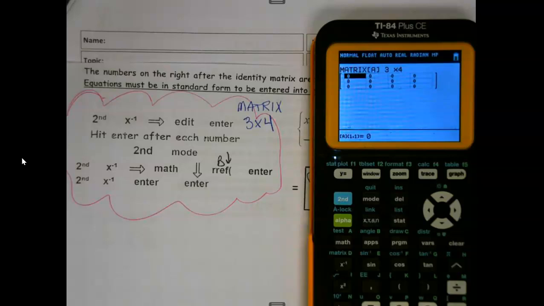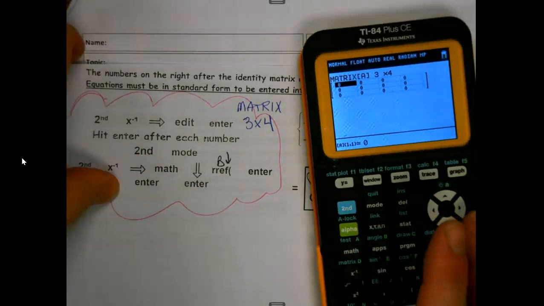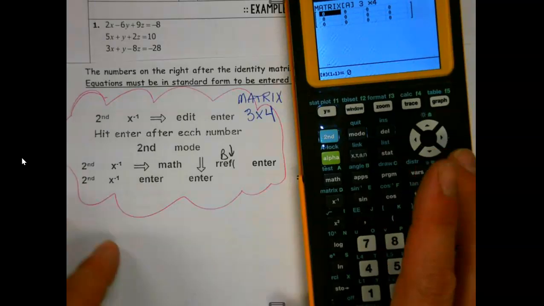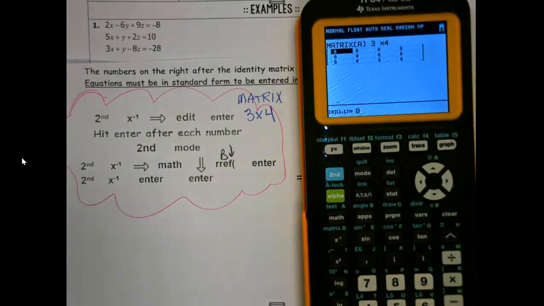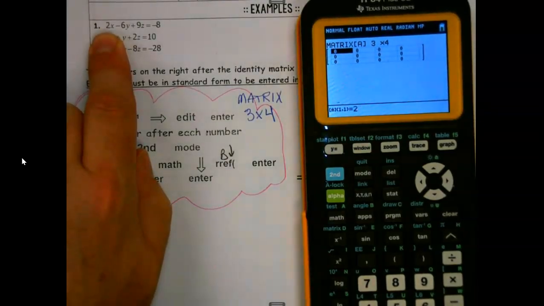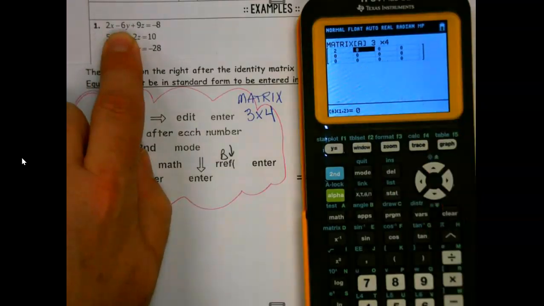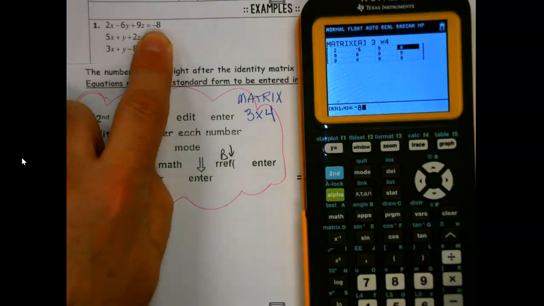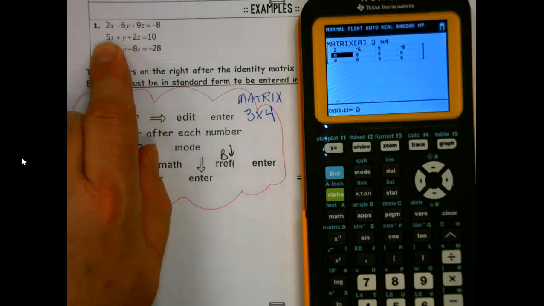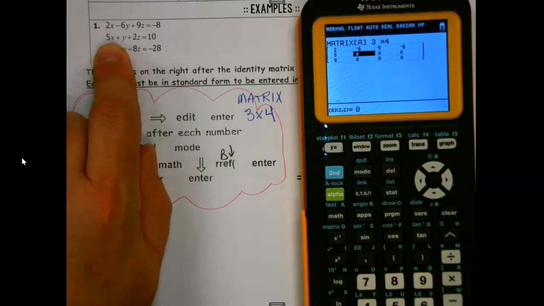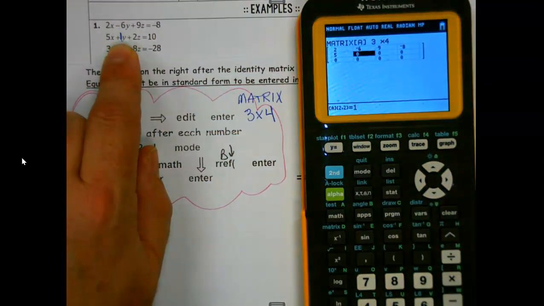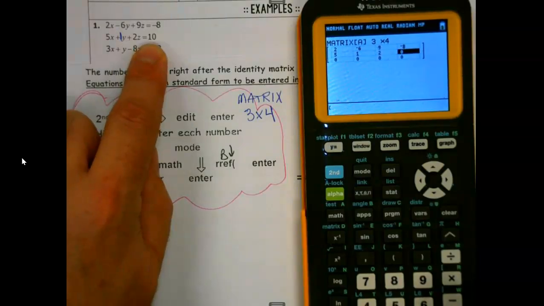Okay. So here comes our next job. Now, I'm going to move this a little bit because we need to be able to see our problem here. Okay. There we go. Now we're going to start typing in the numbers. We don't care about the variables right now. So I'm going to hit 2 and hit enter. The calculator will keep moving me along in the matrix. And when I get to the end of a row, it'll take me to the next row. Remember, if there's no number in front of a variable, there is a 1 there. And so we're just typing in these numbers